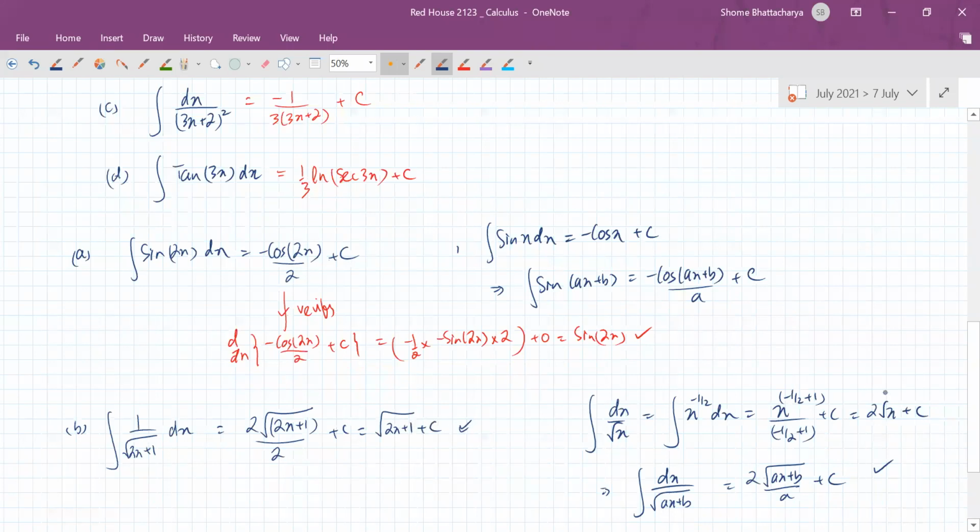And similarly, you can verify the answer by differentiating. Okay, so basically, every time we are just using this kind of formula directly, there's no need to do the substitution steps. However, you can always also do this by substitution. Instead of using the formula, you can substitute 2x plus 1 as a dummy variable. And then you can see that dx by 2 will become dz. So the integration will become